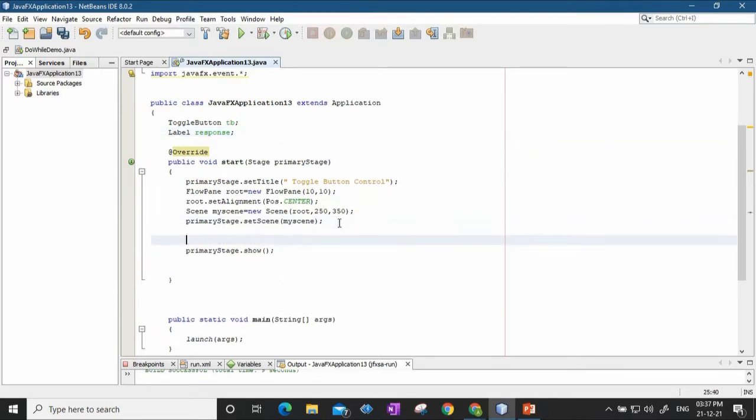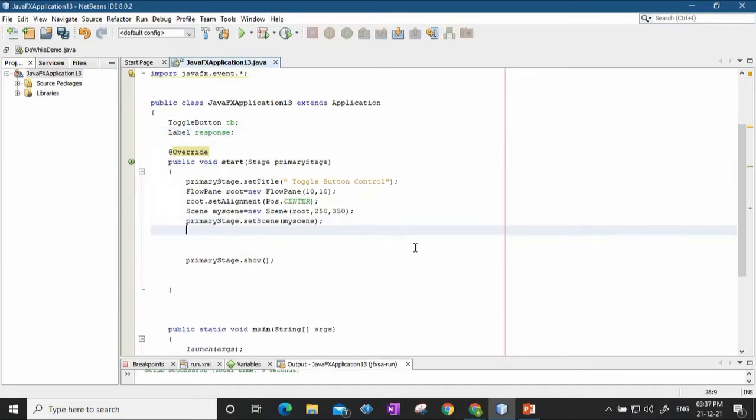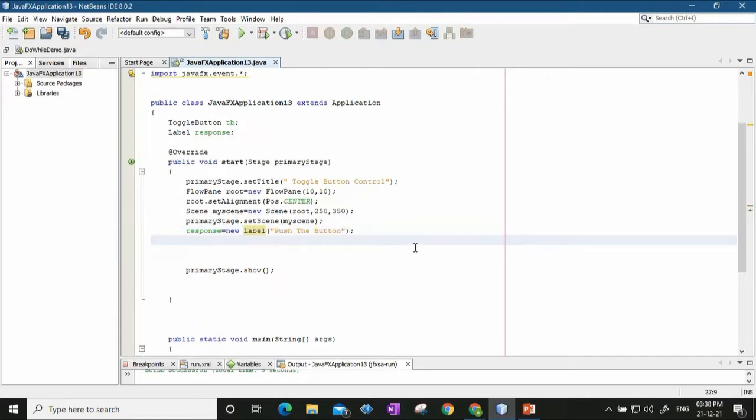Now here I will just add the code. First, the default text that will appear on this label is "Push the button". So I'll say response equal to new Label, and the text within the label is "Push the button". And now I will be creating the toggle button.